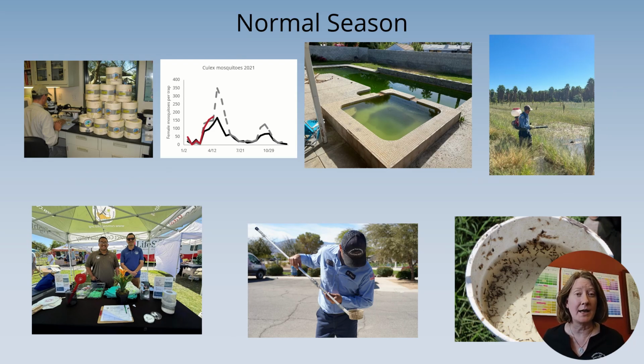What does this look like in practice? In normal season, the Surveillance and Quality Control Department sets traps at a variety of locations throughout the valley. Those mosquitoes are identified to species, and samples of the mosquitoes that can transmit West Nile or St. Louis encephalitis virus are tested. In operations, employees called vector control technicians look for places with standing water and make applications of control products to reduce the mosquitoes. Our public outreach department gives presentations to residents and visitors to the Coachella Valley to inform people on how not to be a mosquito source and how to wear insect repellent.